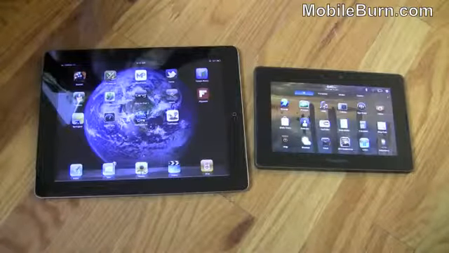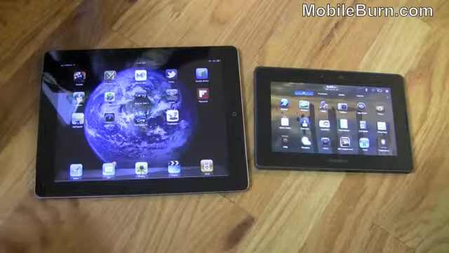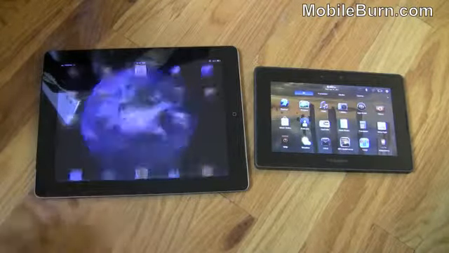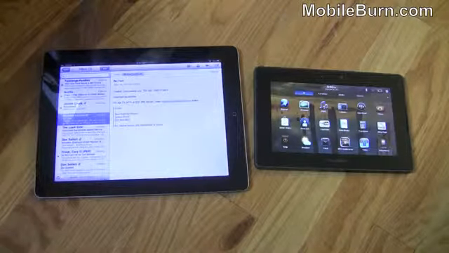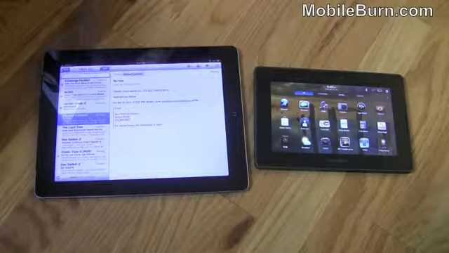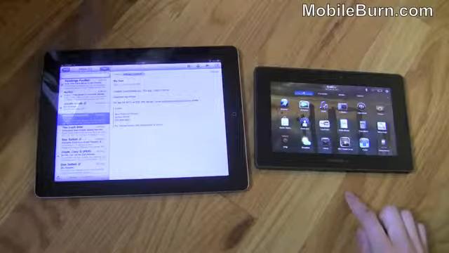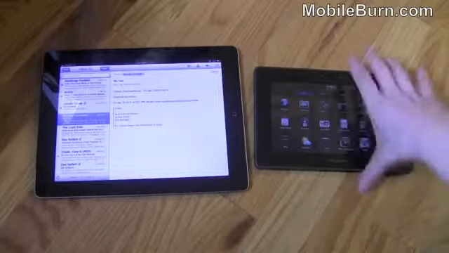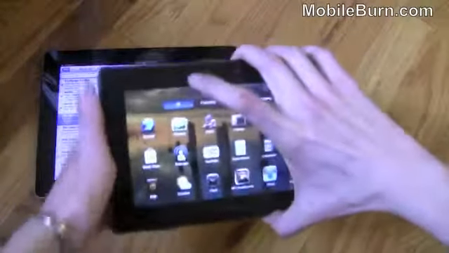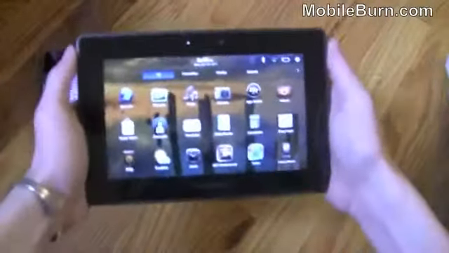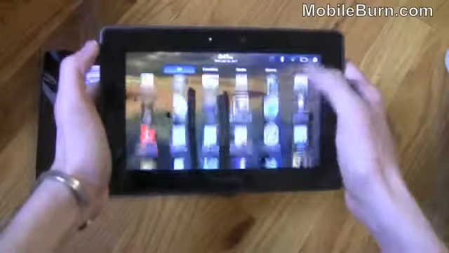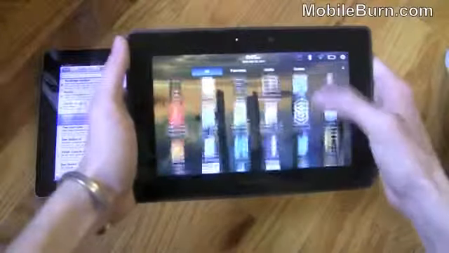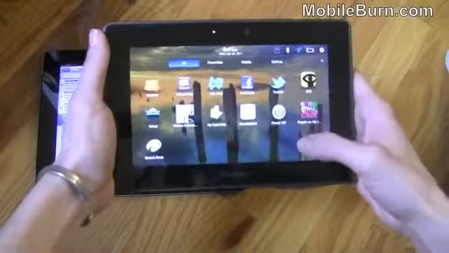So one thing we really wanted to give you guys a side-by-side comparison of was the email applications on both of these tablets. I assume that most of you guys are familiar with the way that Apple does its mail application. But unfortunately, the Playbook, especially this version of the software, requires that the Blackberry Bridge application be downloaded onto a Blackberry smartphone. So we tried about 1,000,000 times last night to get that application up and running on the smartphone, and we just didn't have luck. So unfortunately, I'm not going to be able to show you guys the dedicated email client on this application, but